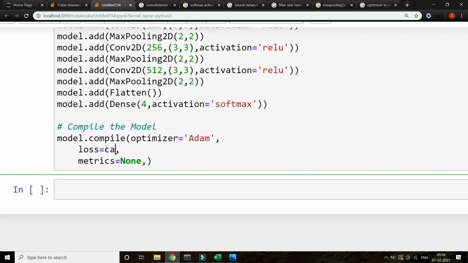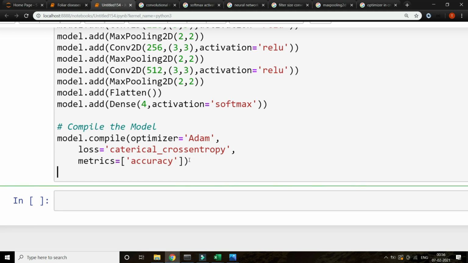Categorical cross entropy, because it is having multiple categories. If it is having only two categories, then binary cross entropy. Categorical cross entropy. And the metrics, accuracy, simple, right? Accuracy, that's all. Now model dot summary,